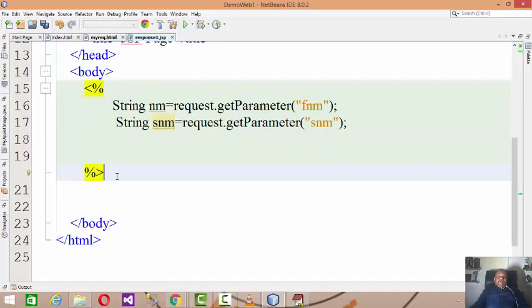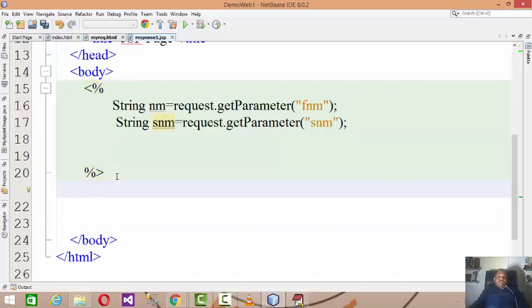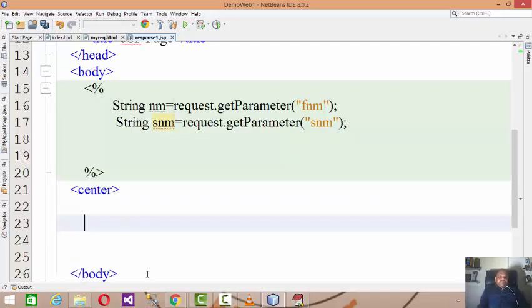Now again, if you want to display what data gets posted to the server, then again you have to take care of the HTML.